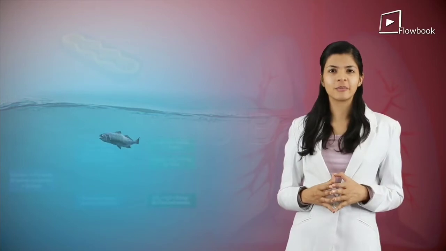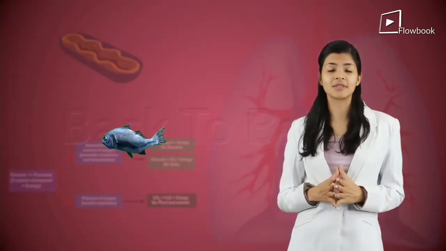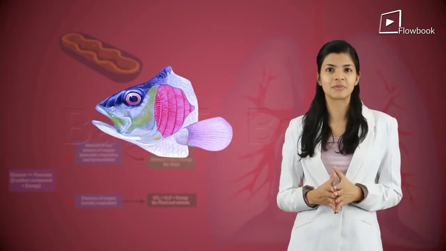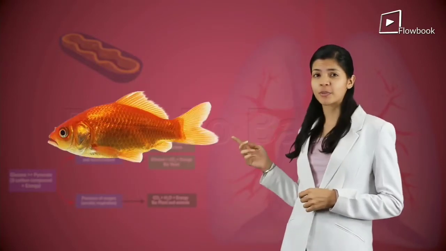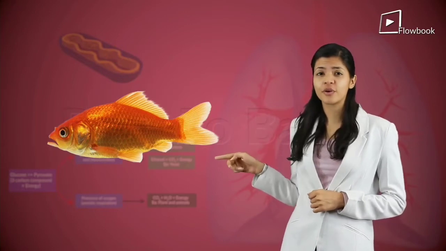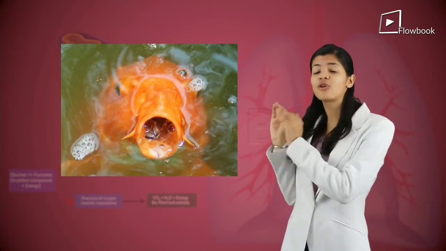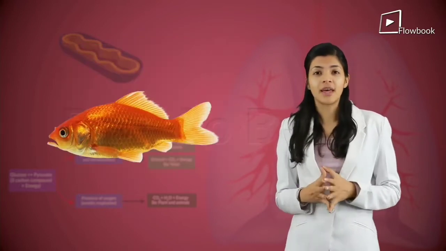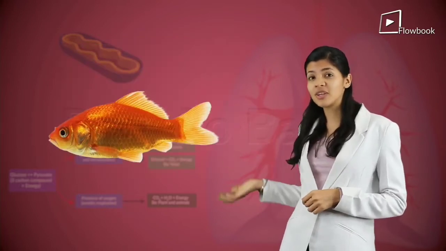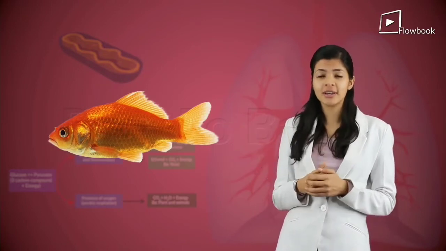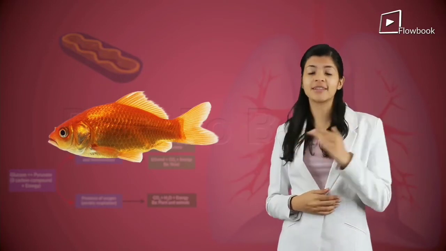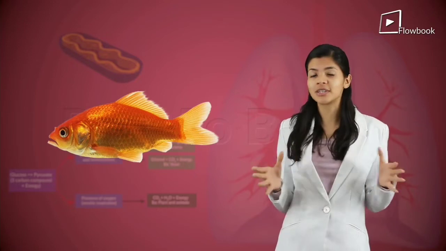Well, they live in water all the time and are surrounded by water. How will they take in air? That is why they have evolved special respiratory mechanisms, and that's why they have gills. The fish keeps its mouth open and lowers the floor of the oral cavity. This way, the water gets drawn into its mouth. Then, it closes its mouth and then raises the floor of the oral cavity, making the water push against the pharynx and then into the gills.